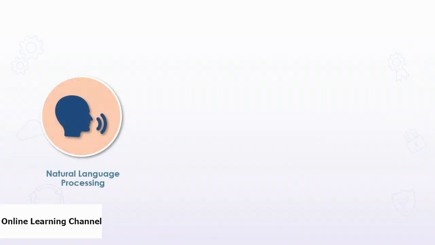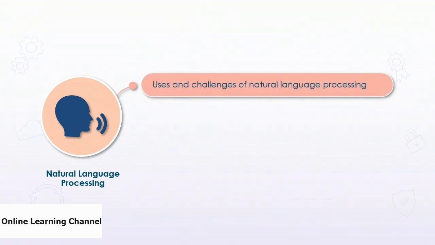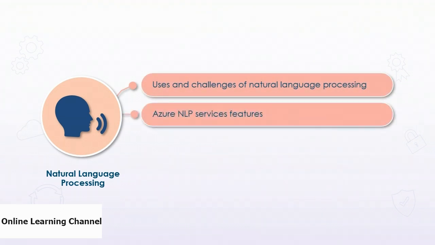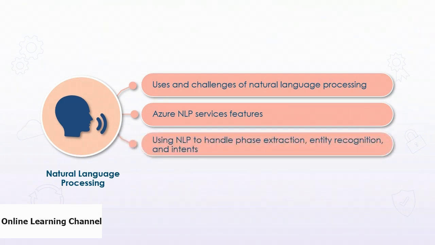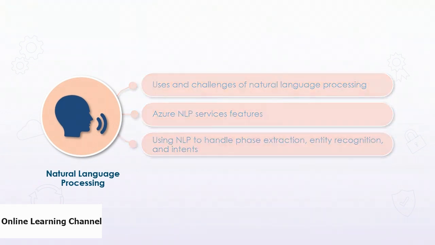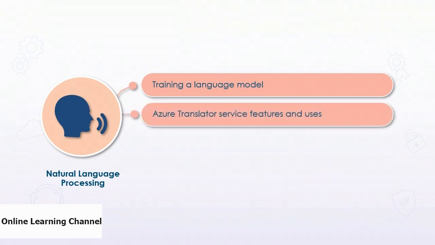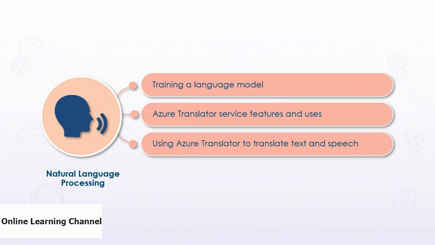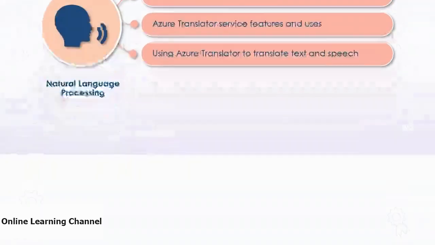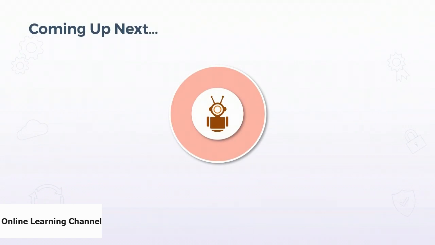So in this course, we've worked with the Azure Natural Language Processing services to handle language modeling for text-to-speech, speech-to-text, and translation. We did this by exploring natural language processing, its uses and challenges, features of Azure NLP services, handling phrase extraction, entity recognition, and intents in NLP. We also trained a language model. We explored Azure Translator service features and uses, and used the Translator service to translate text and speech. In our next course, we'll create an Azure ML conversation bot service that uses a knowledge base to answer